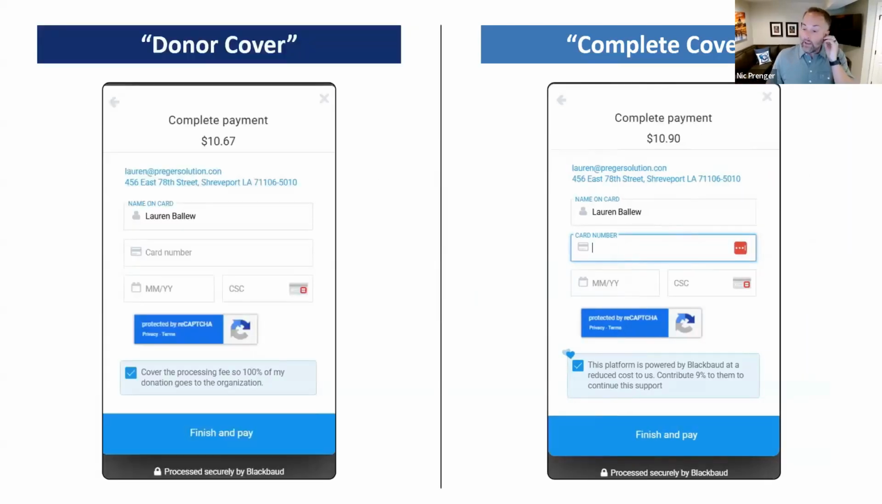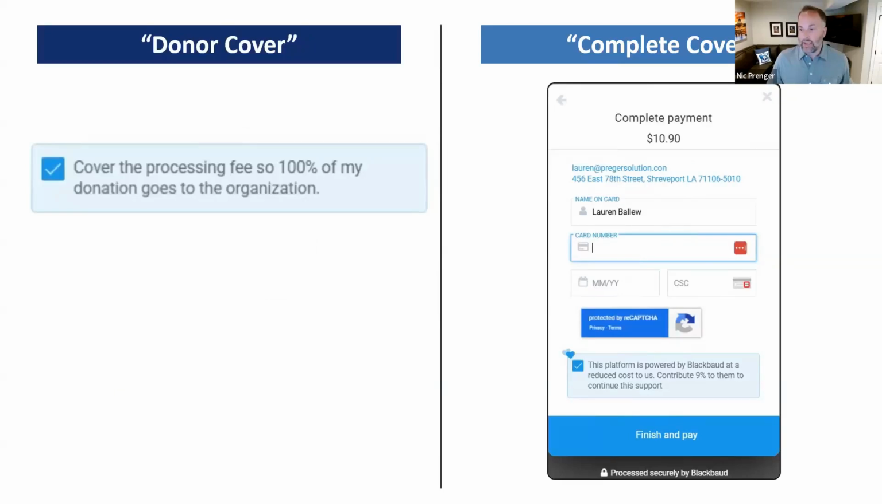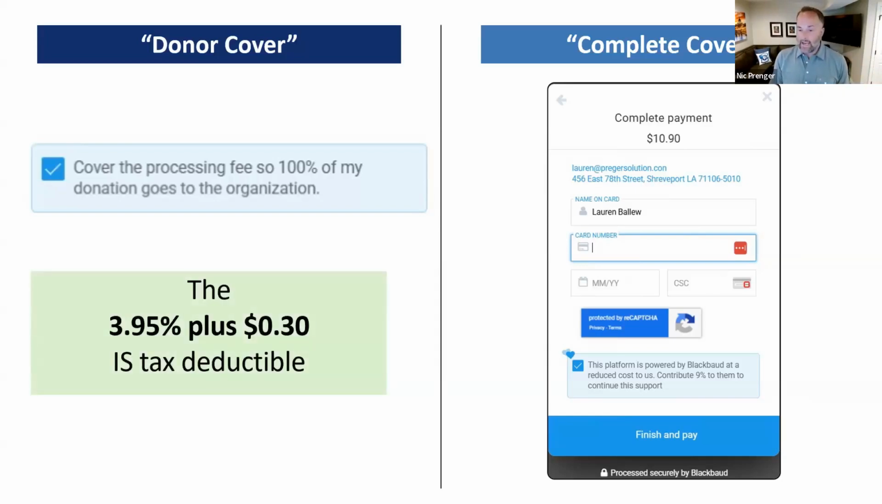Let's zoom in on what it tells the donor. So on complete cover, it looks like this. The box that you have put on there, when you turn on donor cover, you're essentially checking this box for everyone that goes to that page, unless they uncheck it. It says cover the processing fee, so 100% of my donation goes to the organization. Very typical, right? This is language you see on a whole lot of donation forms, no matter who the provider is. And Lauren, that is tax deductible, correct? Yes, because it's just an increased donation that I can do as an organization. I can do with it whatever I want. Yep. So it is deductible,